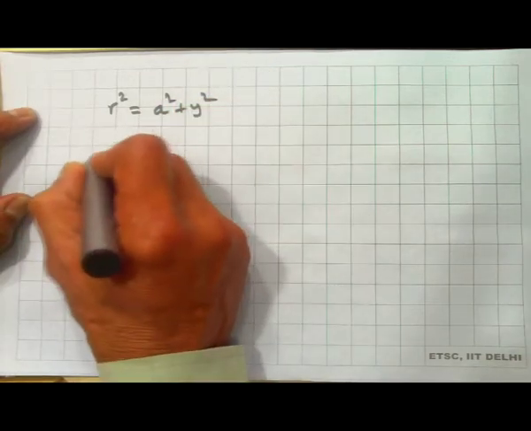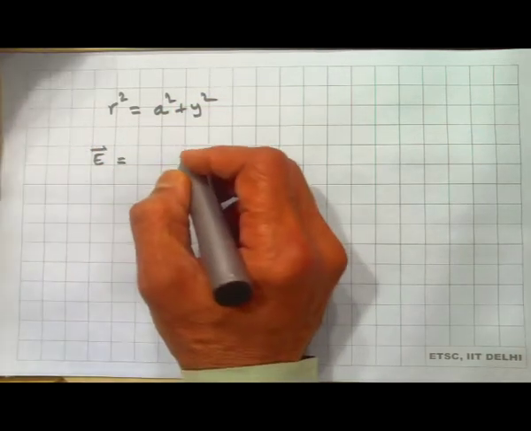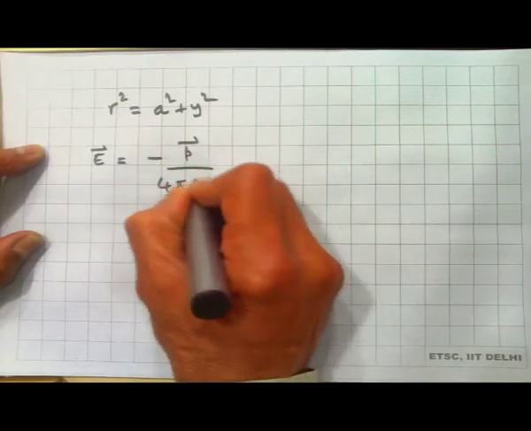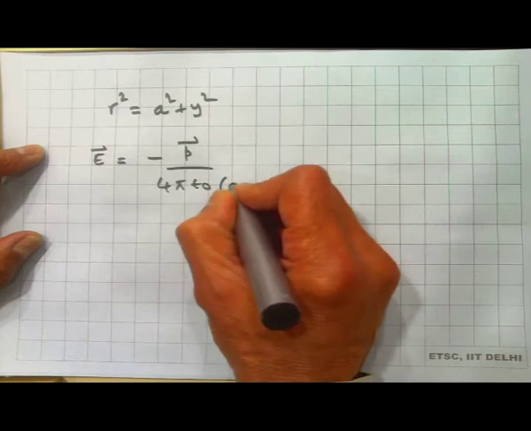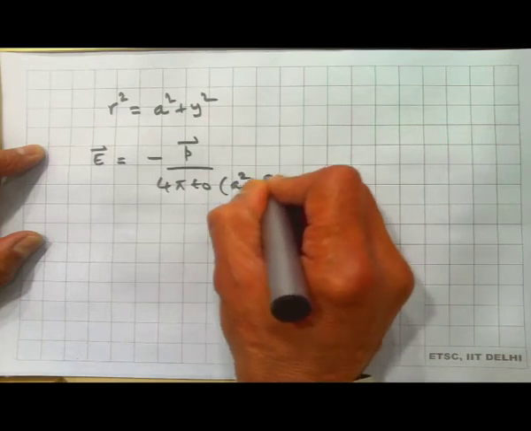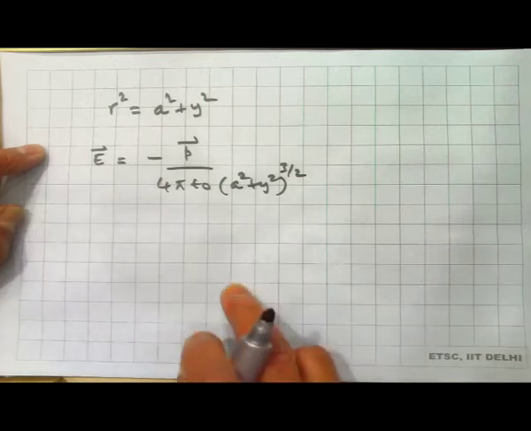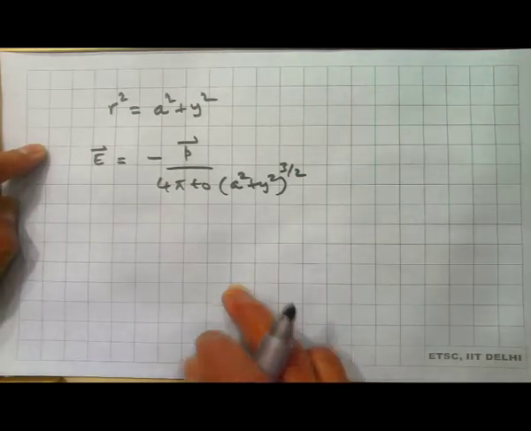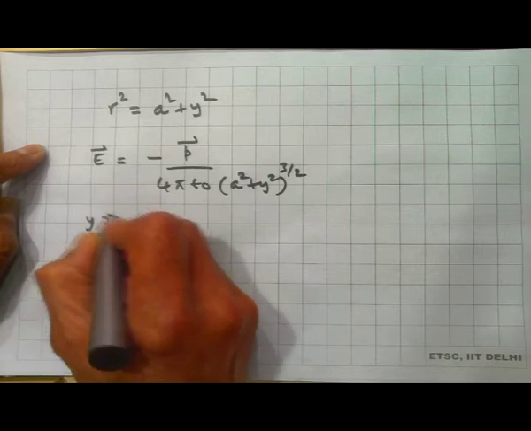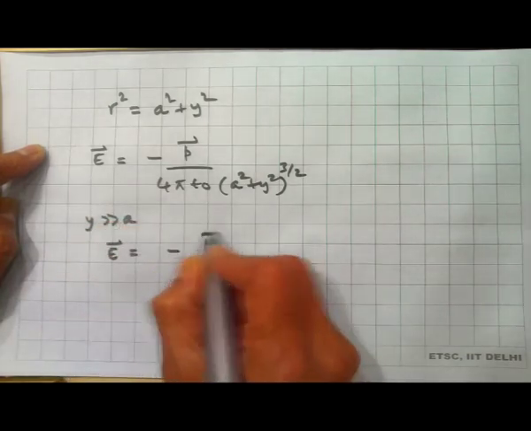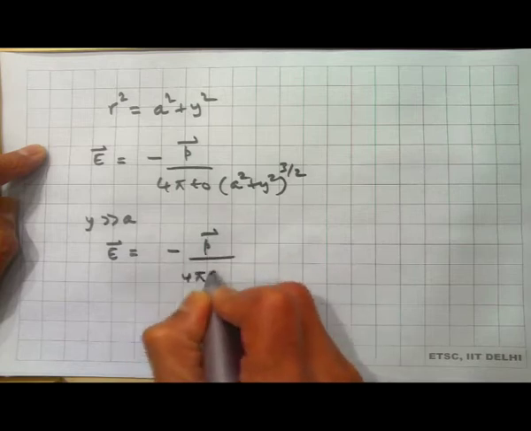So, E total becomes minus p by 4 pi epsilon 0 a square plus y square raised to the power 3 by 2. It is r cube. So, if y is much greater than a, then E becomes equal to minus p by 4 pi epsilon 0